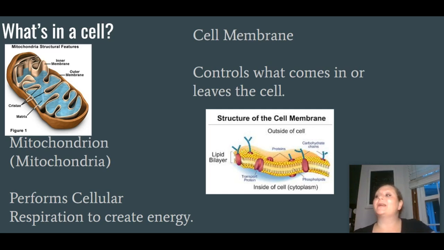Mitochondria, or mitochondrion, if we're talking about a single one. The mitochondria's job is to essentially do cellular respiration. It's going to create energy. It's going to take glucose, that's sugar, and it's going to take oxygen, and it's going to put them together. It's going to rip them apart, and it's going to create something called ATP, or adenosine triphosphate, which we talked about in the last unit when we talked about cellular membrane, when we talked about cellular